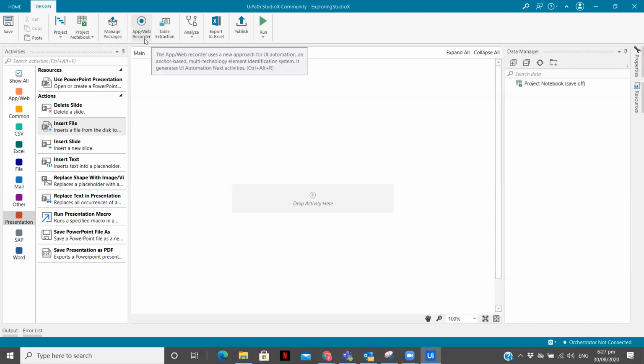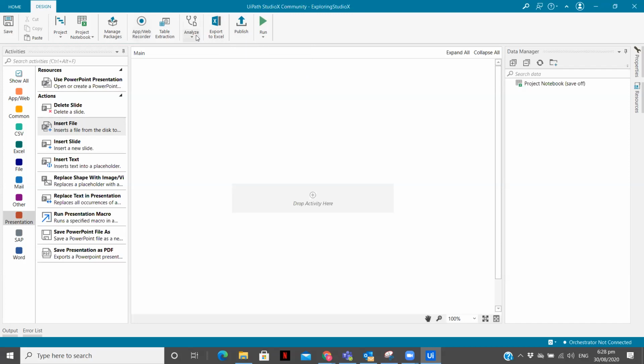So recorder is basically to show something to the other person, like what I want to do, or what I am doing. If I'm recording this video, I'm trying to show what you should learn or what this thing is for. So app or web recorder is used for something similar. If you want to record your particular steps, like clicking on something, copying it, pasting it over here, that is a whole set of steps you can see, and you perform that in one go. You can record that using app or web recorder.